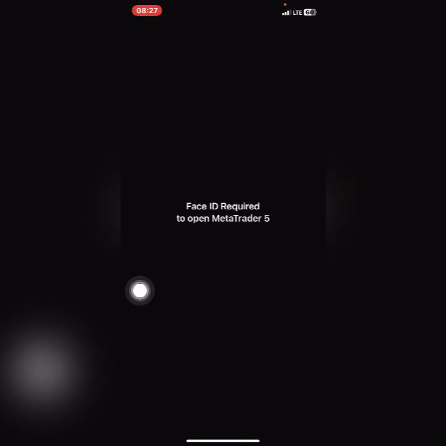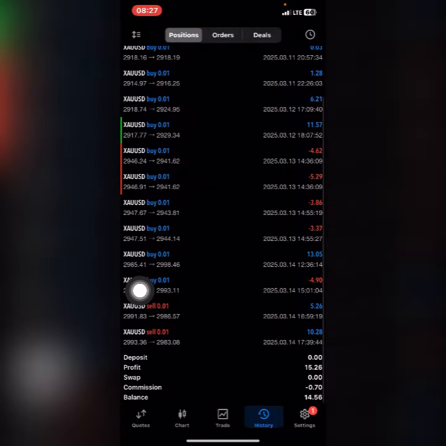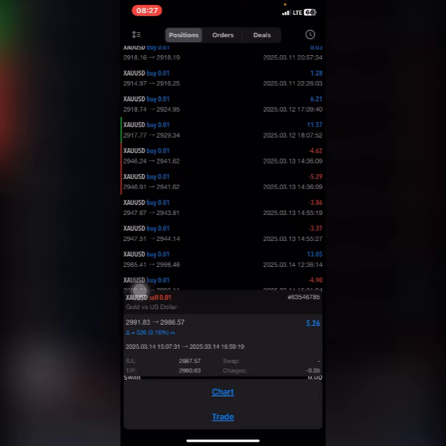So that's the position I closed. Yeah, this is the position, about $5.26, right? That was why I closed, and it was already running about $7 to $8, but I could not close at that point because I saw price trying to reverse back, and the thing was playing with my emotions. So I just had to close this trade and leave this one to run, right?